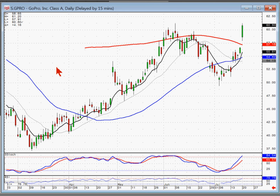So back to somebody's statement that says there's a lot of stocks that aren't moving up. We're not concerned about that. We're looking for the ones that are moving up, and we can see graphically which ones those are. Now, Apple,